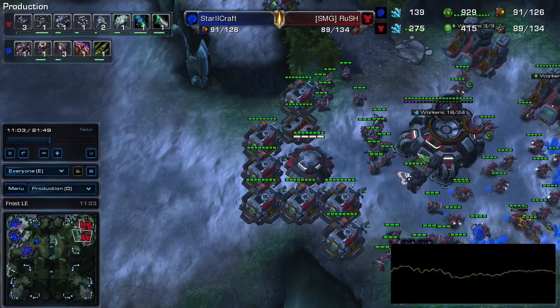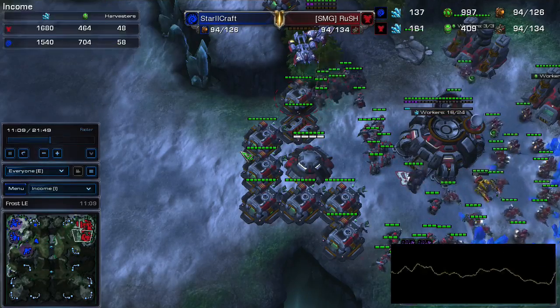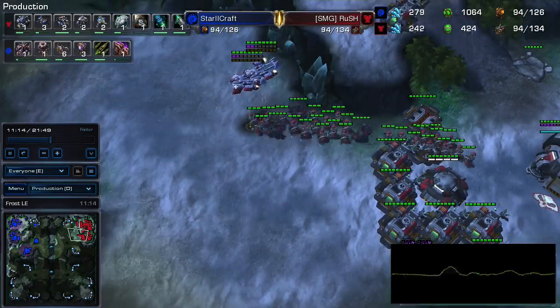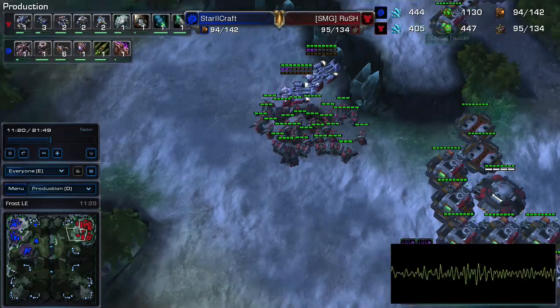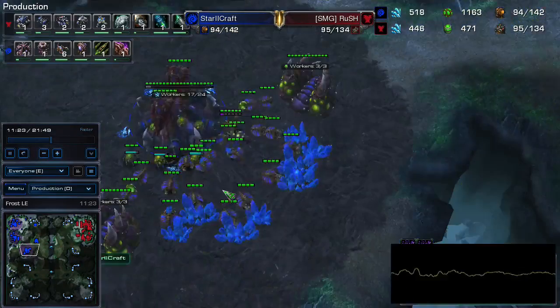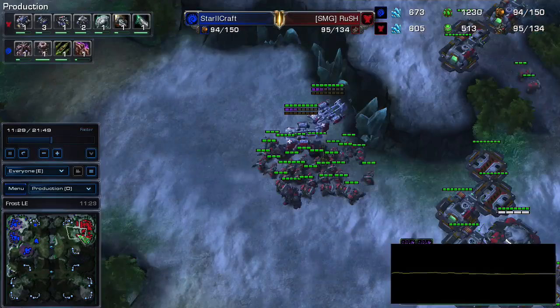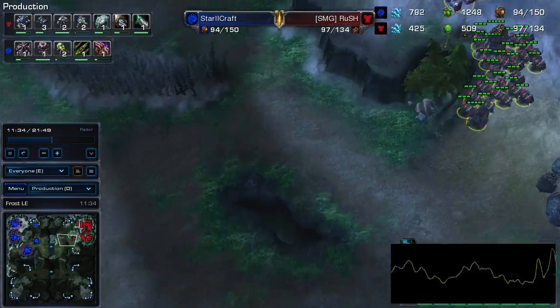But he is just a little bit behind right now as far as the worker supply, so the income tab is going to show that StarIICraft is doing just a little bit better, especially on the gas front, but realistically, RuSH does not need all that much gas, because you look at how much gas StarIICraft is gaining right now, that's too much. Having 3-3 in both and not actually doing anything with it, I mean, I know Banelings do take a little bit of gas,